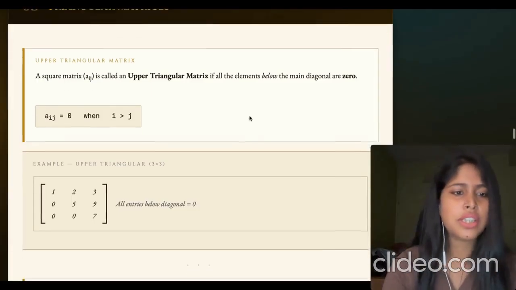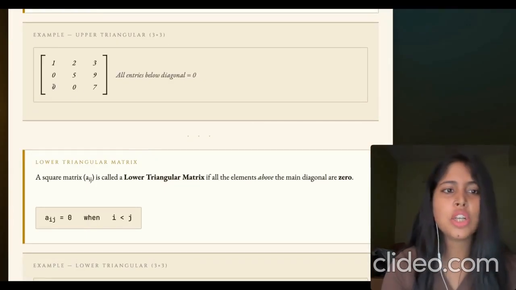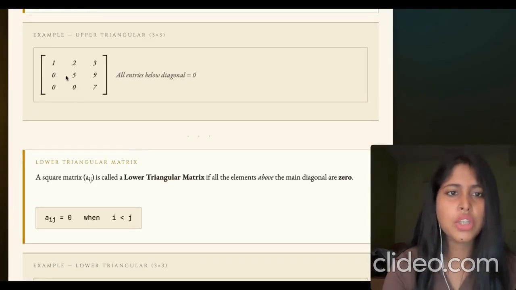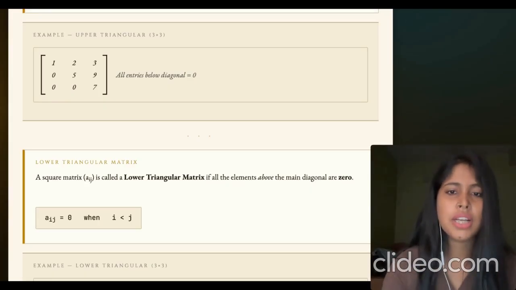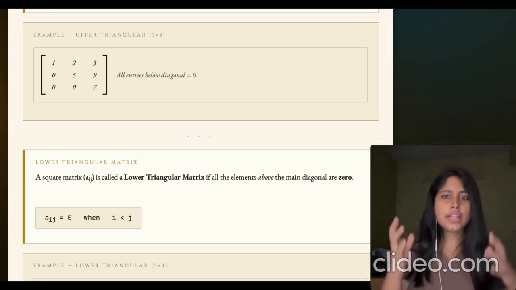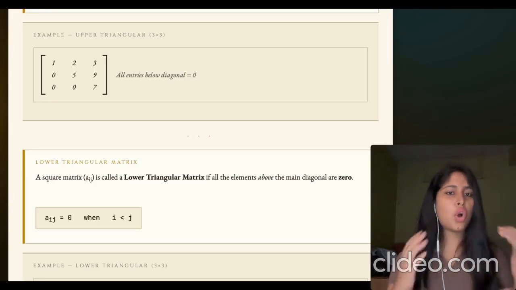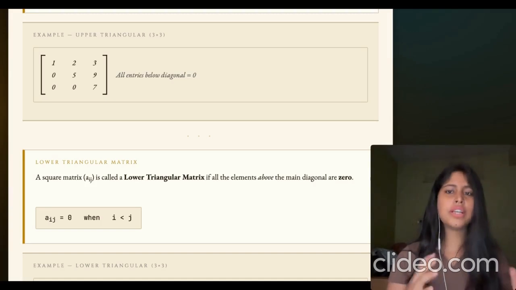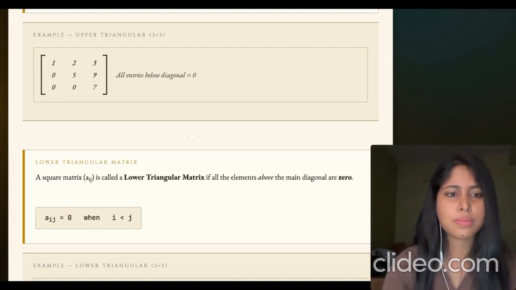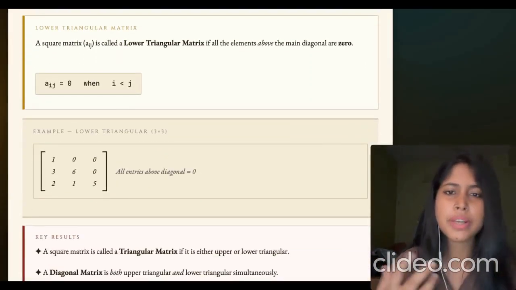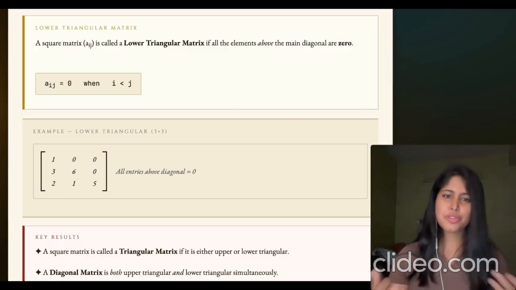Now here you can see in this example that the lower portion is 0, right? All entries below the diagonal are equal to 0. So this can be said to be upper triangular matrix. Or you can also say that lower left triangles are all zeros. If that is 0, then we can say that it is upper triangular matrix. Now let us come to lower triangular matrix. It is just the opposite of upper triangular matrix.